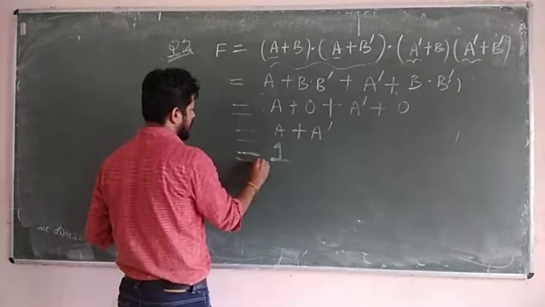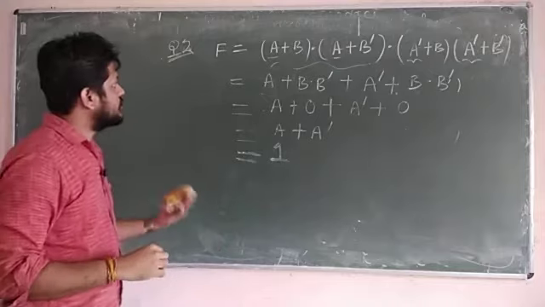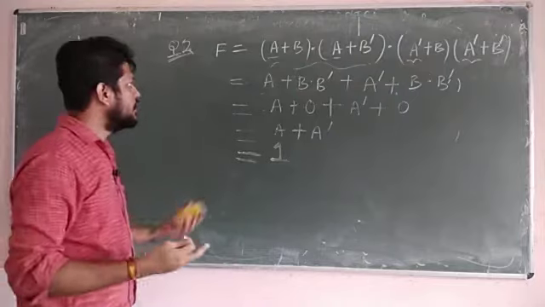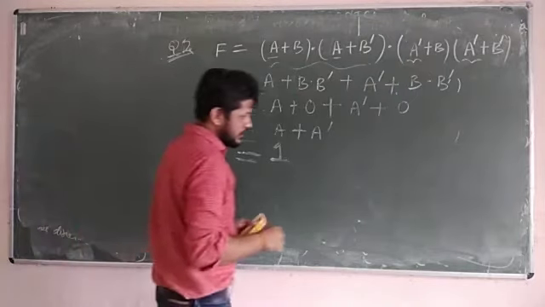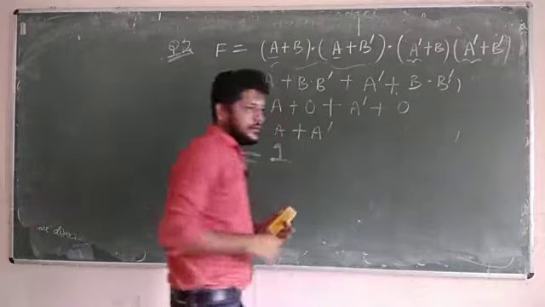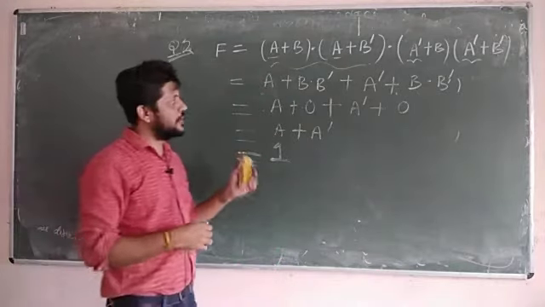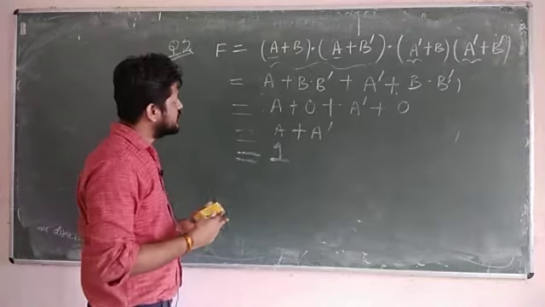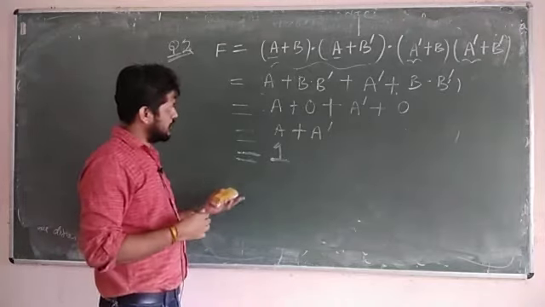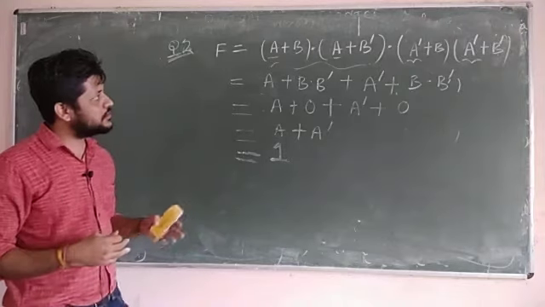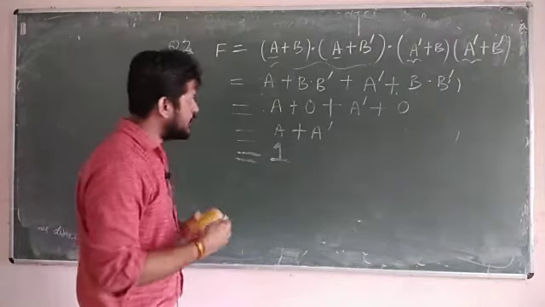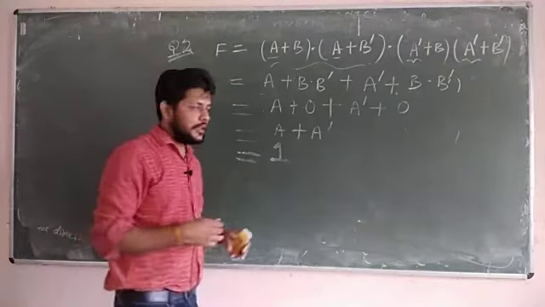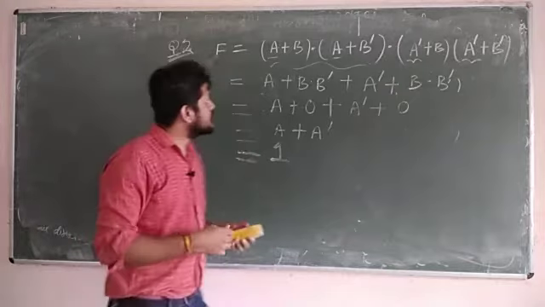So this is how Boolean algebra will simplify a complex expression into a simple one and finally implement it by logic gates. So solve more problems on Boolean algebra from your book, A. Anand Kumar. There are many questions and examples available in that book. So please solve many questions, then only you will be able to apply all the laws which I have studied and explained here. If at all you have any doubt, you can ask me.